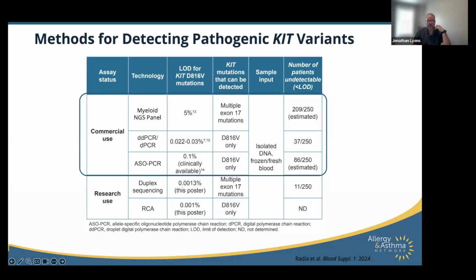Importantly, the duplex sequencing allows us to look for not just the one variant that's common in adults. So 95% of adults have D816V, only about 5% with mastocytosis have a different change, at least based on the literature right now. It may be a little higher than that, but that's kind of the current dogma. That said, in kids, it's a different story and it's a different disorder. And many kids don't have D816V, so we have difficulty identifying what the variant actually is. And so this duplex sequencing would not only be more sensitive, by a factor of 10, but also give us a broader specificity, right? We would actually be able to find more variants that are likely clinically meaningful in this gene.